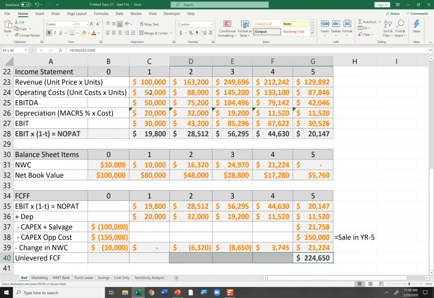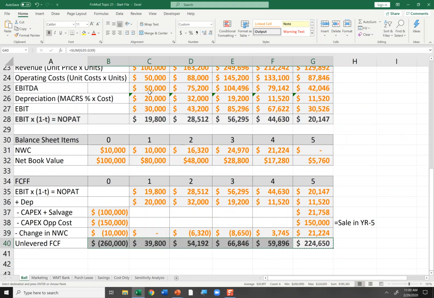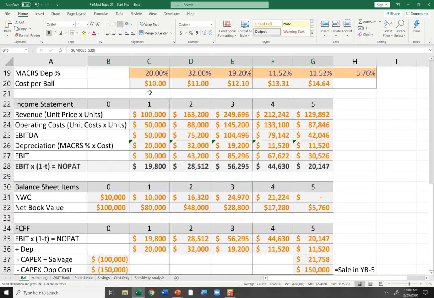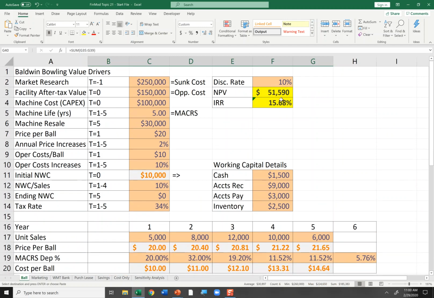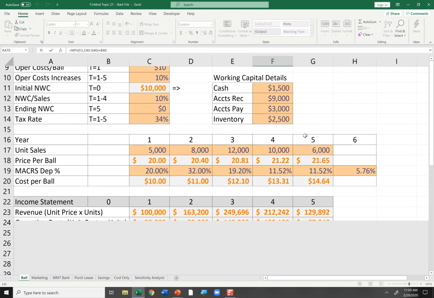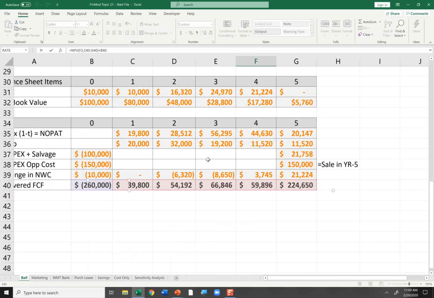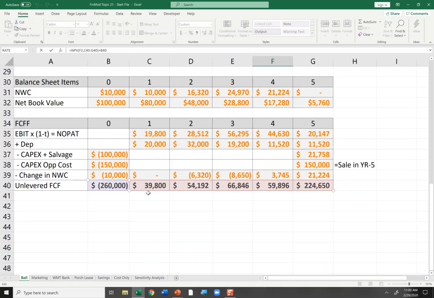I'll copy that across. And now I'm ready to calculate an NPV and see if this project's worth doing. So what we'll do is we'll calculate the NPV, which I have right here. The NPV is going to use the discount rate of 10% and then use these cash flows in the NPV formula. And then I'm going to add back the initial cash flow because NPV